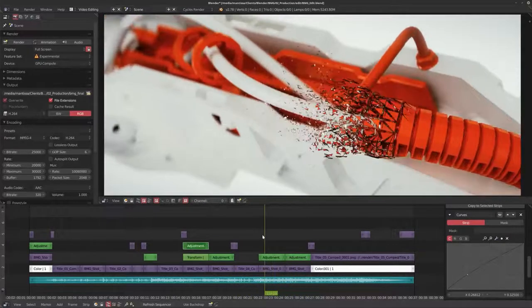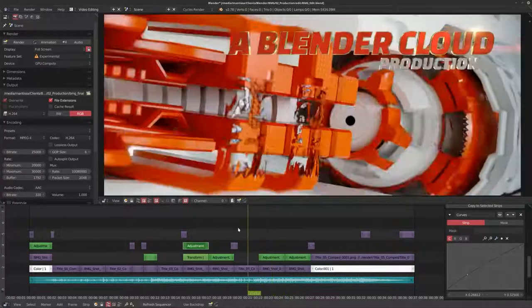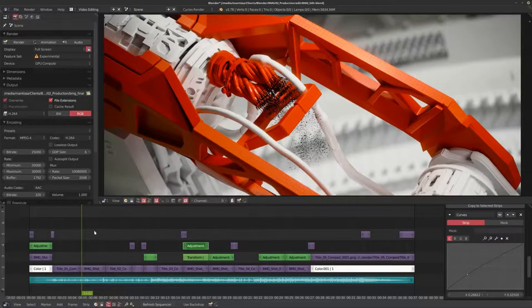This is a really quick way of working, and if you're used to other editing software, it's quite similar to some of the more commercial options out there. Now, I really like using Blender's editor. It's fairly quick, even pulling all these files from the network drive that I'm using right now. And it's good to have all these options available.